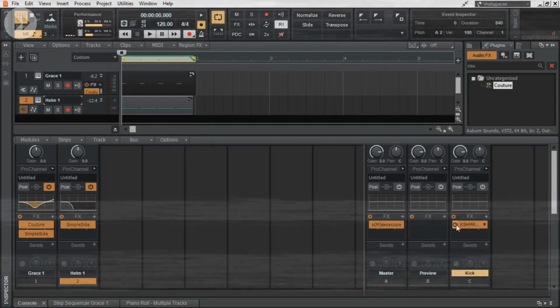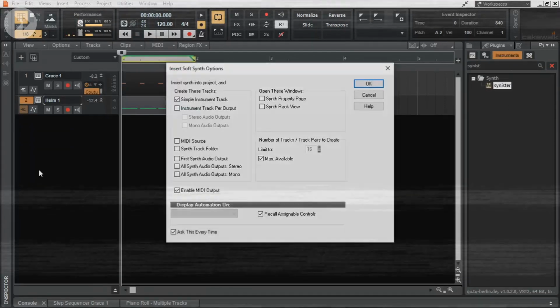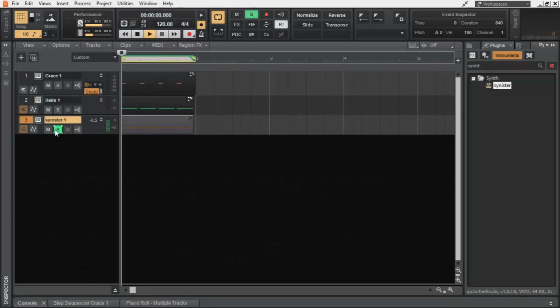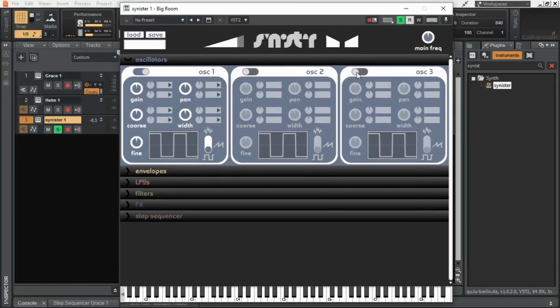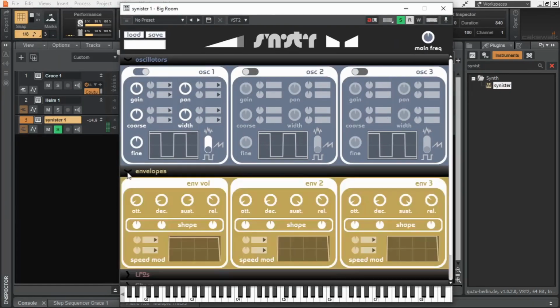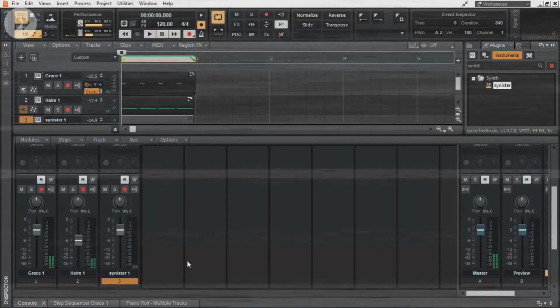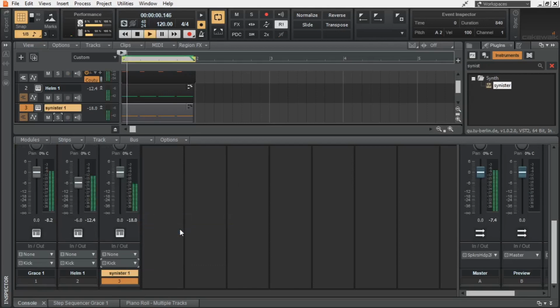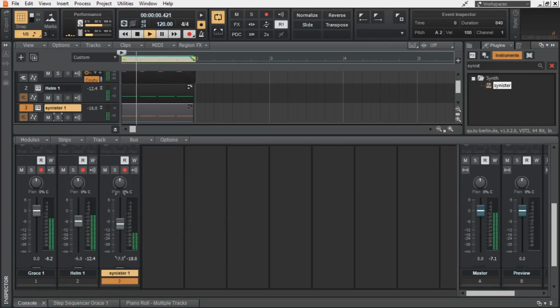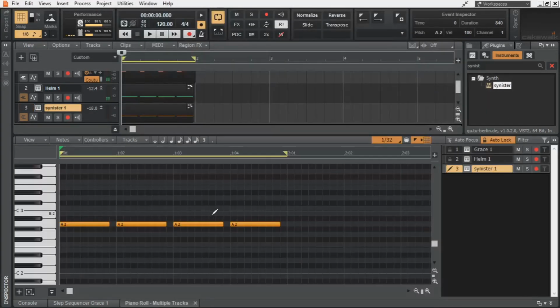Turning off the Kush plugin again, gonna add one more synthesizer and copy down the sub notes. And in this one also, we only need one oscillator. I'm gonna direct its output to the kick bus. Let's try a lower octave.